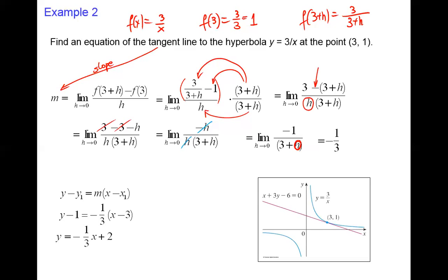Oh, I also have a graph. The function 3 over x is almost the same as 1 over x. That's a hyperbola in the first and the third quadrant, and this is the tangent line at the point (3, 1), and it looks like -1/3 is the slope, and the y-intercept will be 2. Okay,